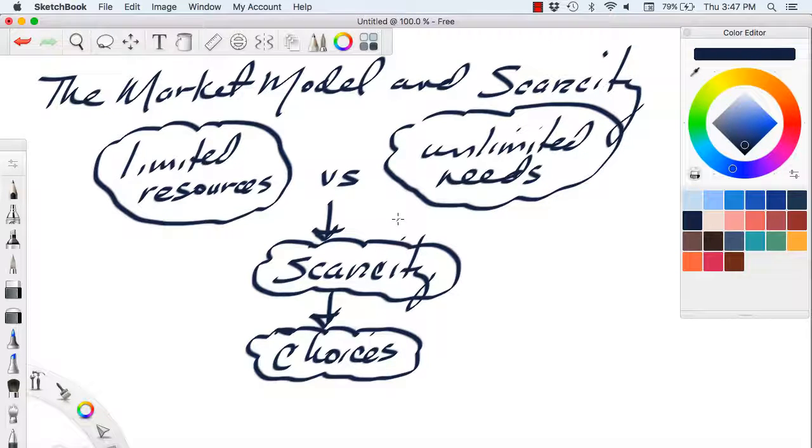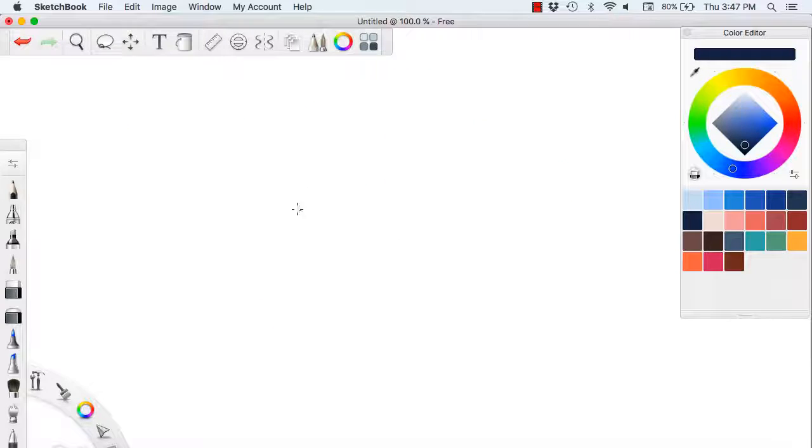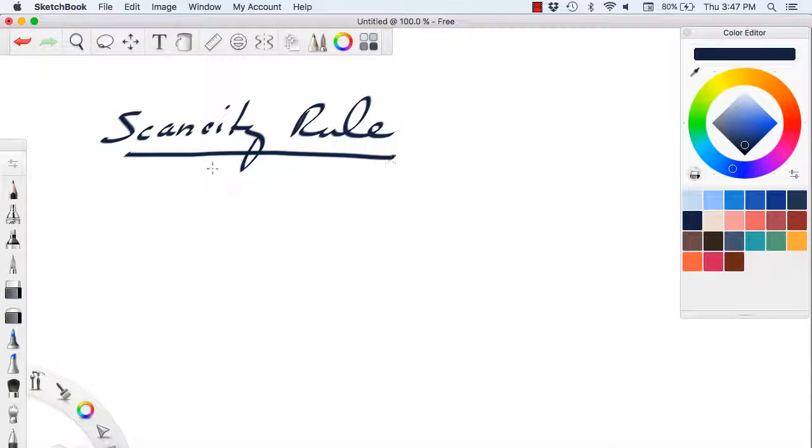Now, what we want to do in this particular video is use the market model to illustrate this. And there's a way to do that. So I'm going to go ahead and erase this screen. And what we're going to write is basically the scarcity rule. Here's the scarcity rule. Something is scarce